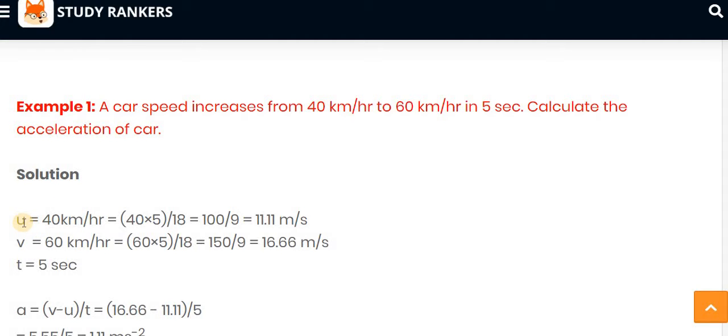Here u means the initial velocity. The initial velocity is 40 kilometers per hour, so we have to convert it into meters per second. Then we get the value 11.11 meters per second, whereas the final velocity is 60 kilometers per hour. So again we have to convert this 60 kilometers per hour into meters per second. So 60 into 5 divided by 18, we get 150 divided by 9. So the answer, v in meters per second, is